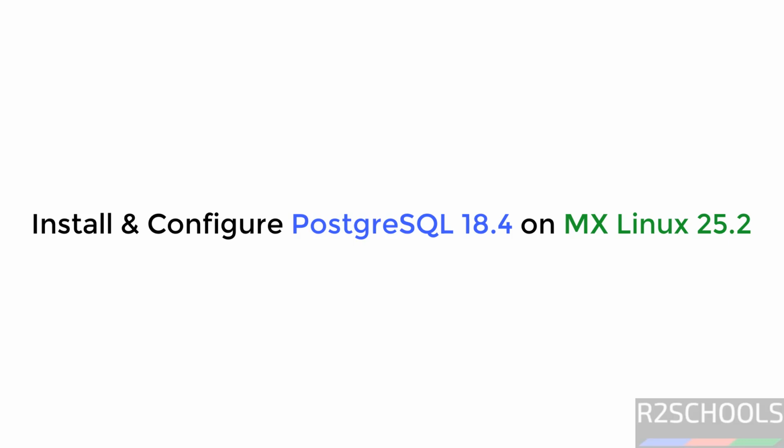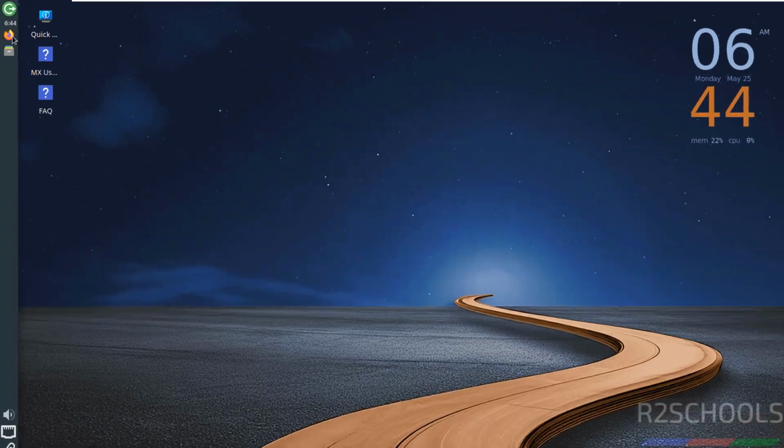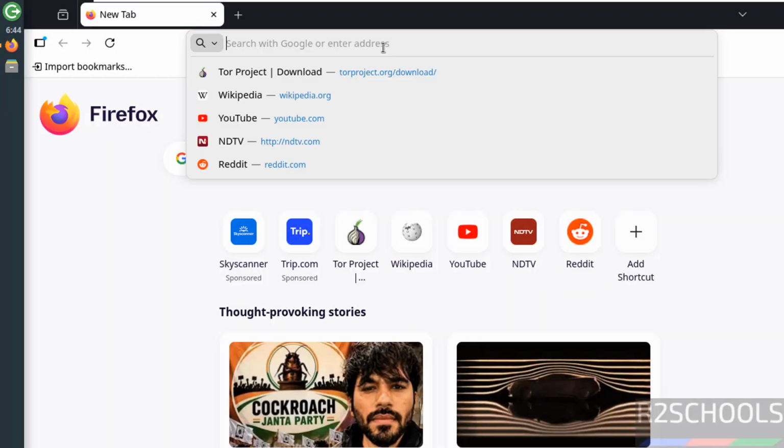Hello everyone, in this video we will see how to install and configure PostgreSQL Server 18.4 on MX Linux 25.2. Okay, first open the default web browser that comes with MX Linux, that is Firefox. Then go to the PostgreSQL official website, that is